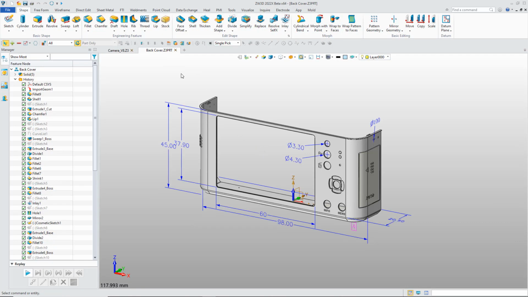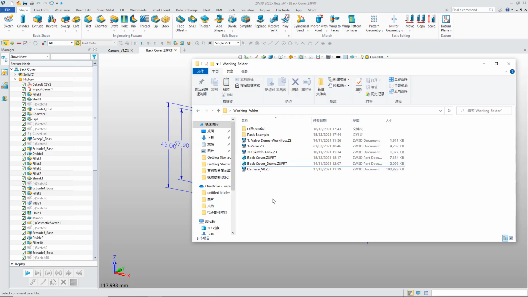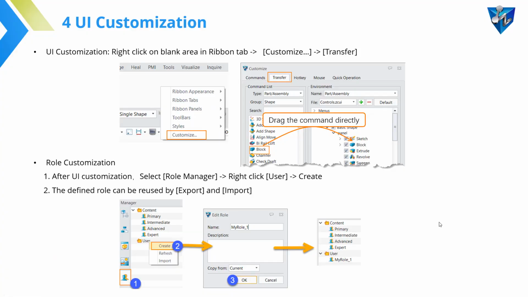Okay, you will find we have separated this file into a single object file, and here you could find the extension name for this file will be changed to Z3PRT, and under your own working folder, you will find this single object file. In the next section, I will introduce the user interface,